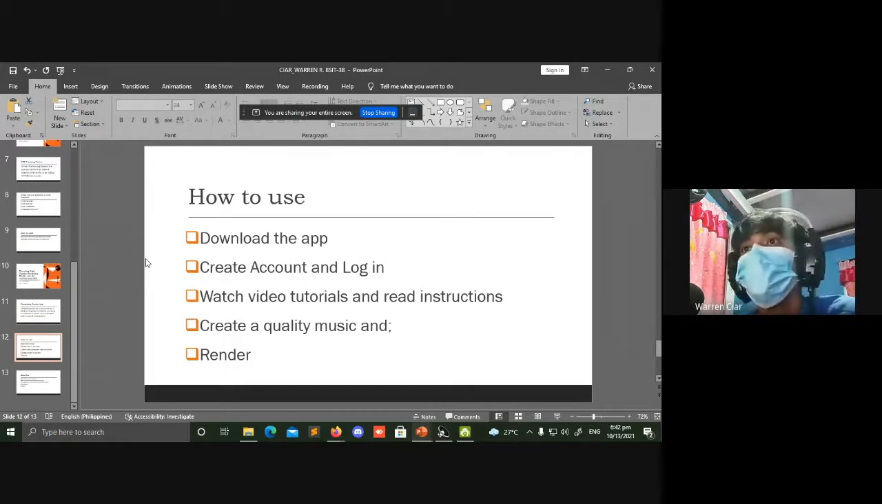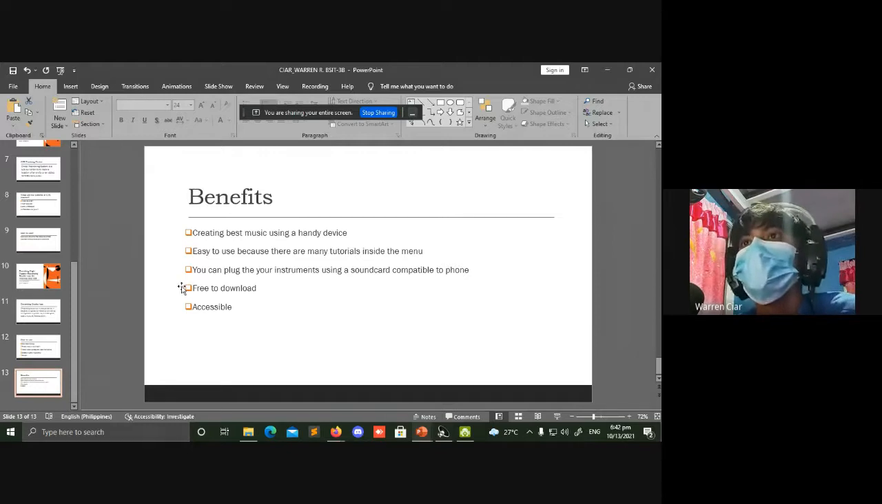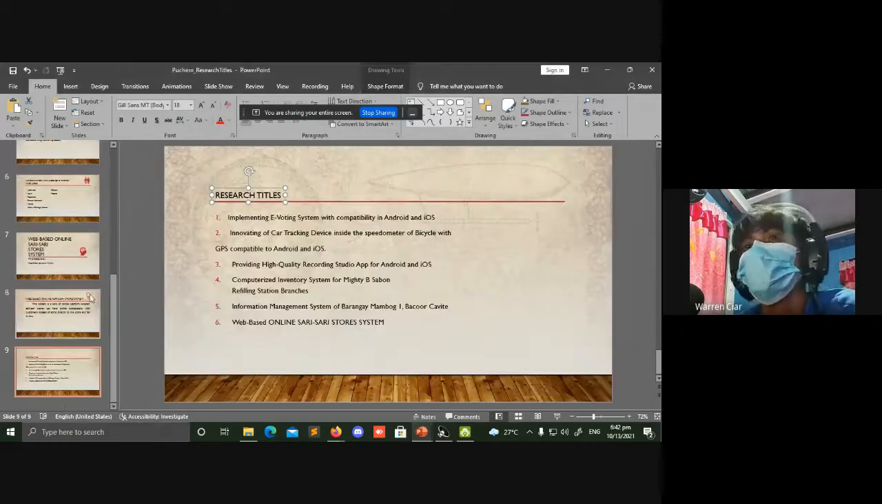You can download the app, create an account and log in, and also watch video tutorials and read instructions, create good quality music, and also render your project. So what are the benefits? You can create the best music using a handy device like Androids and tablets. It is easy to use because there are many tutorials inside the menu. You can plug your instruments using a sound card compatible with your phone, and it is also free to download and accessible. So the next topic is